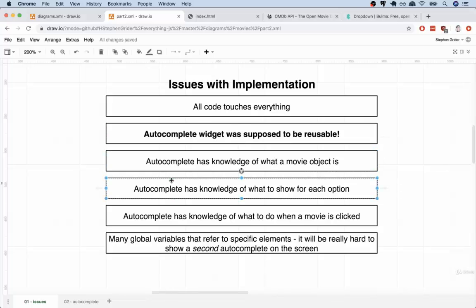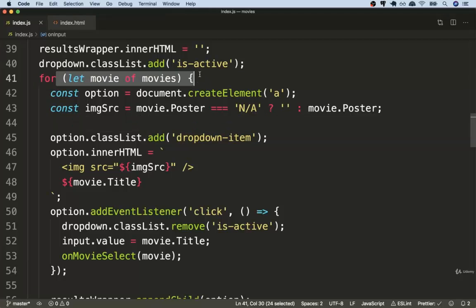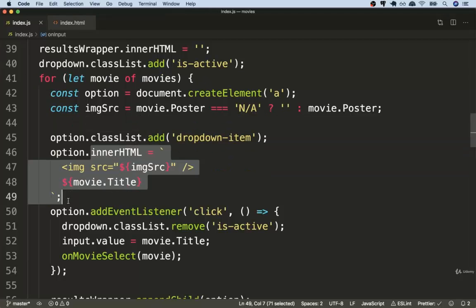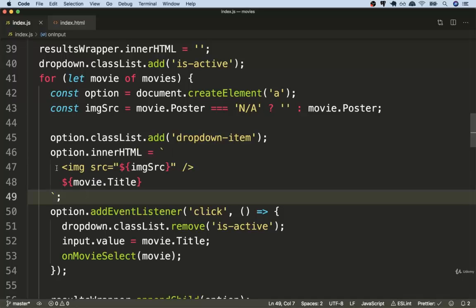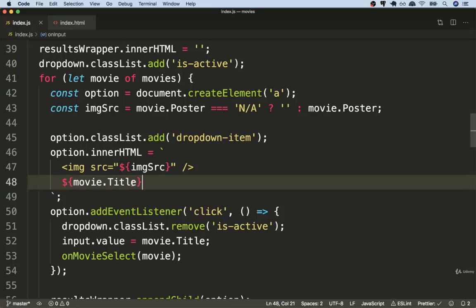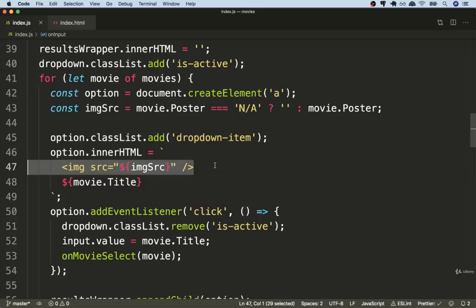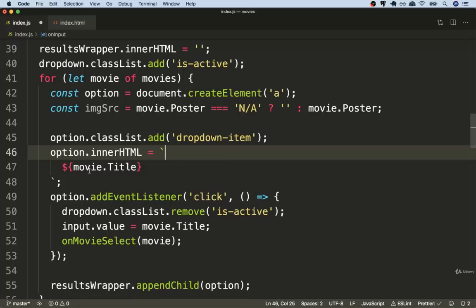The next instance of this is that our autocomplete has knowledge of exactly what to show for each option. Inside of our for loop right here, we are setting the inner HTML on option. So this image that we're placing and the title of the movie once again means that our autocomplete code has perfect knowledge, and perhaps too much knowledge, of what to render or display for every option. Maybe, once again, if we were searching for recipes on some other project, we don't have any images to show at all, and we would not want to show that image element. Instead, we would want to show something just like